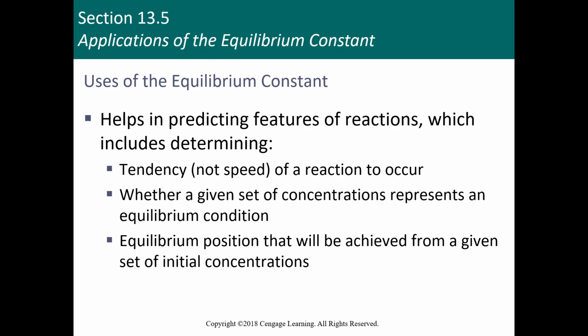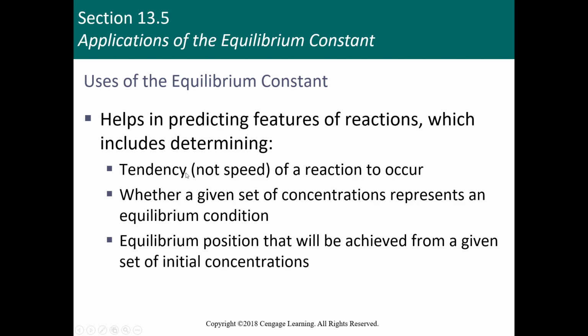So many people get this mixed up with the previous chapter because there are interrelationships and connections. So chapter 12, chapter 13, 14, 15, while there are connections, they're different fundamental concepts, okay? Chapter 12 is kinetics, speed. It doesn't tell you tendency, it just tells you how fast. Chapters 13, 14, 15 are all telling you about tendency, not speed, not how fast, just tendency of reactions to